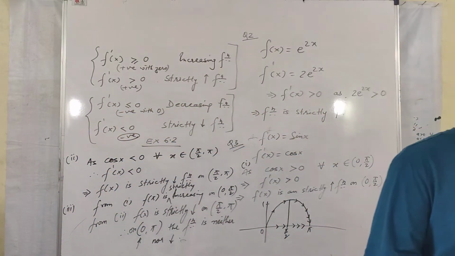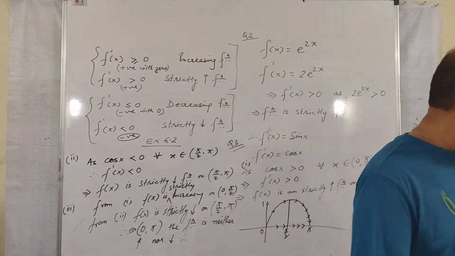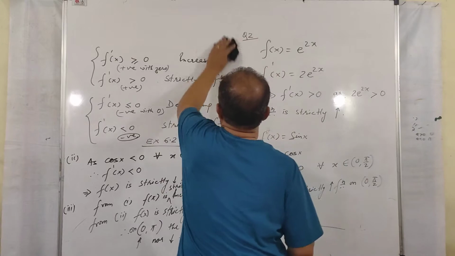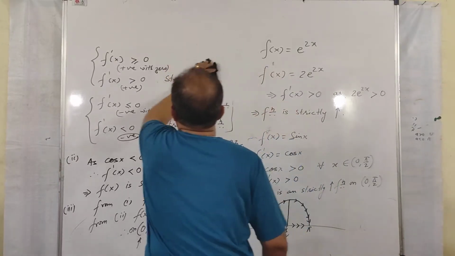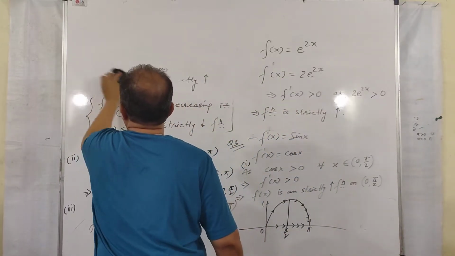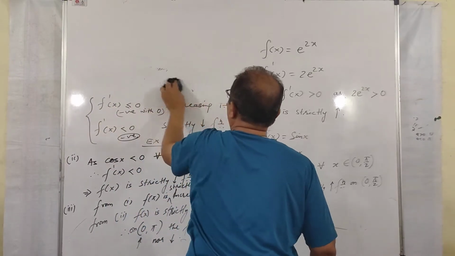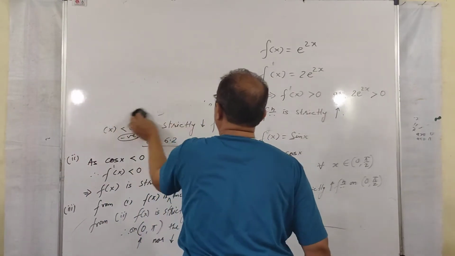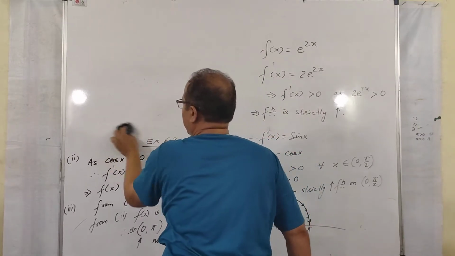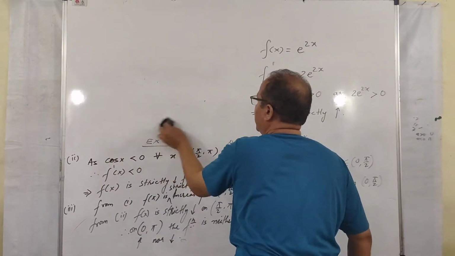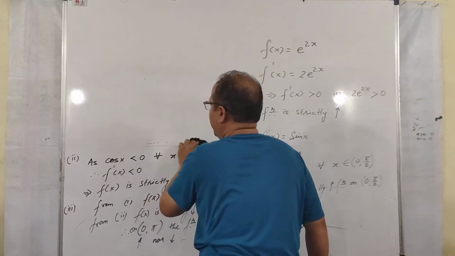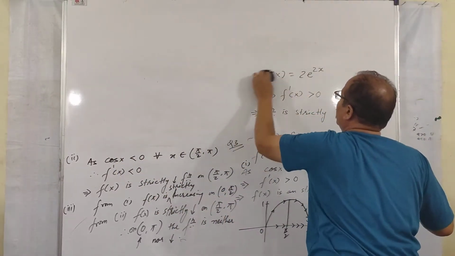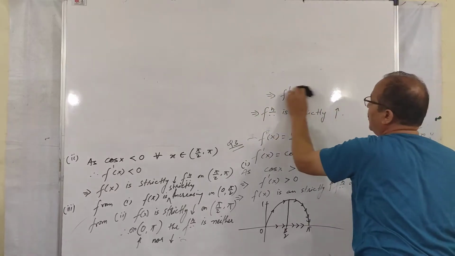So this is about question number 2. Now let's move on to question number, this is about question number 3, sorry. Now let's move on to question number 4. In question number 4, they had given you a quadratic polynomial, and you know that if you differentiate a quadratic polynomial, you will be getting a linear polynomial. When we differentiate a quadratic polynomial, what will you get? You will get a linear polynomial.